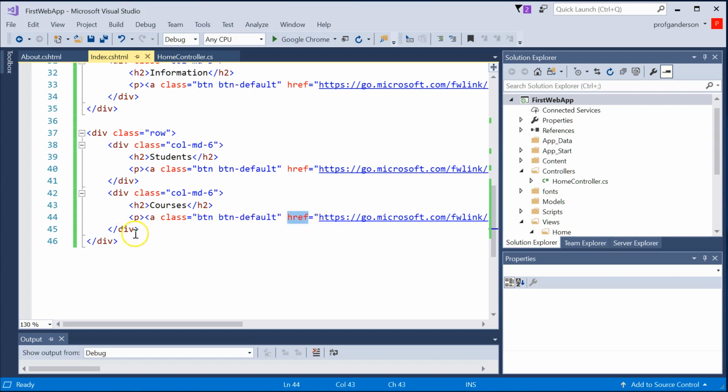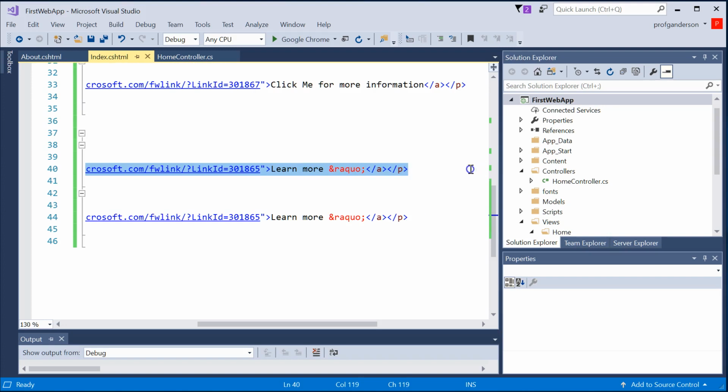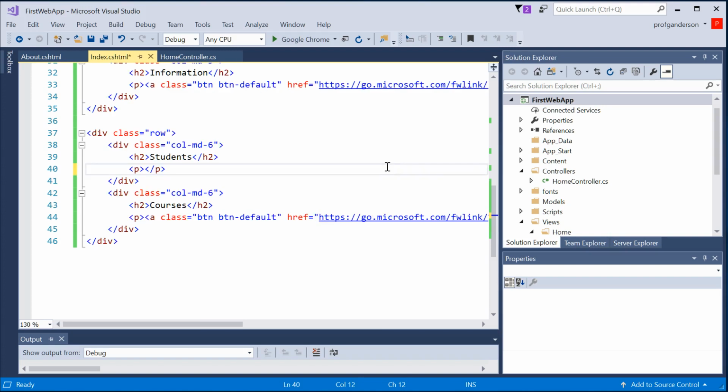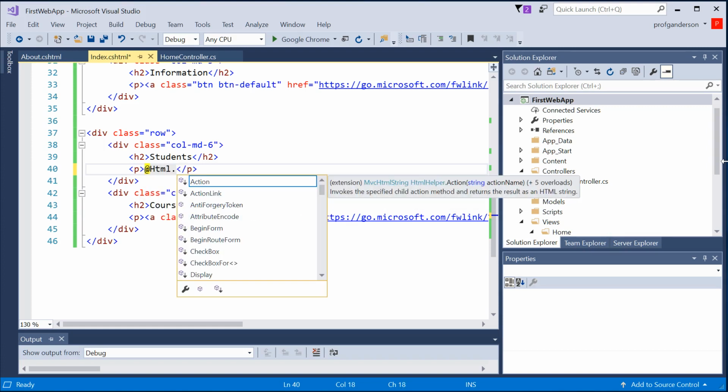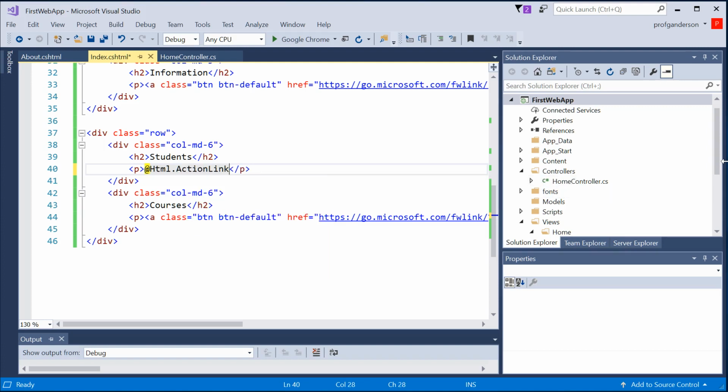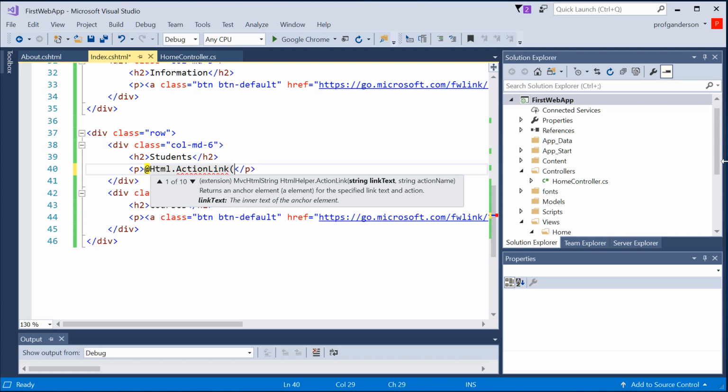Well, let's learn something different. Let's do some Razor. And I want to learn how to actually work with a Bootstrap button. And instead of the href, I just want to put my own button in there. So instead of writing my own HTML, let's use what we call an HTML helper. Since it's Razor, we put an @ sign and then type Html dot. We have an Html class. We're now doing C#. And we want to use the ActionLink helper, which actually creates an anchor HTML tag